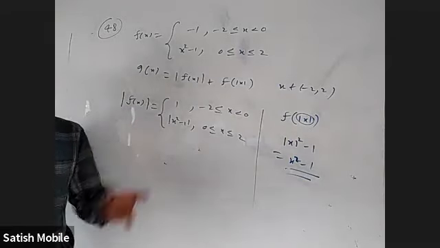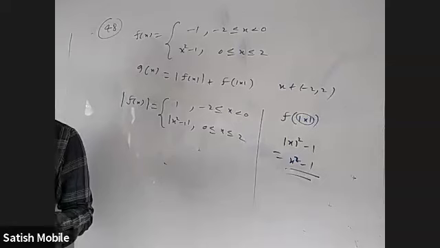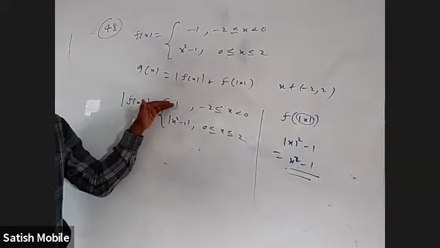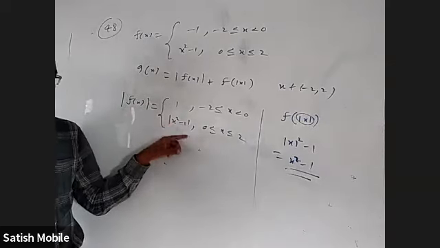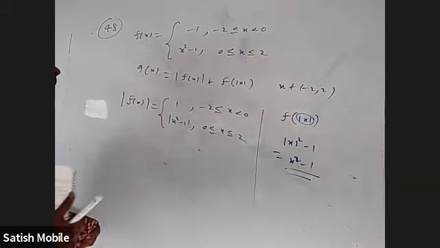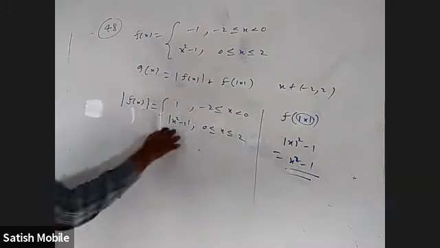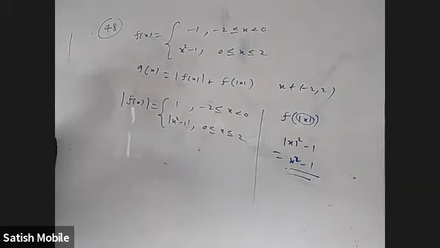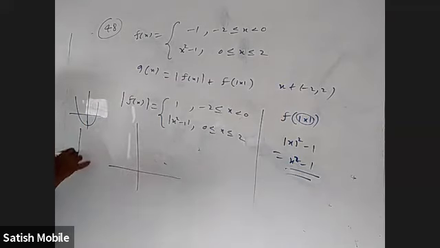When I'm worrying about this, what are the different places where I have to check? At 0 because the definition is changing. At 1 because here this is changing a definition. Right. I want to draw the graph so that you will realize something about differentiability there. Only x square minus 1. Only x square is a parabola. X square minus 1 is brought 1 unit down. When I take mod, you have to take this up. It will be like this, right? The down part will go to the upper part.